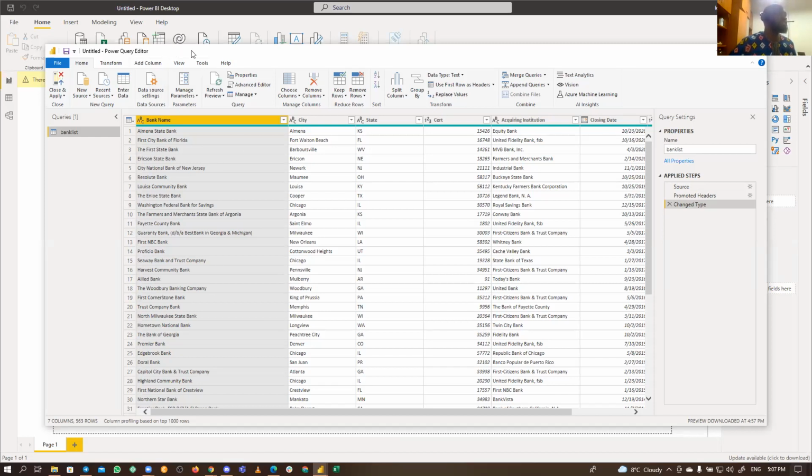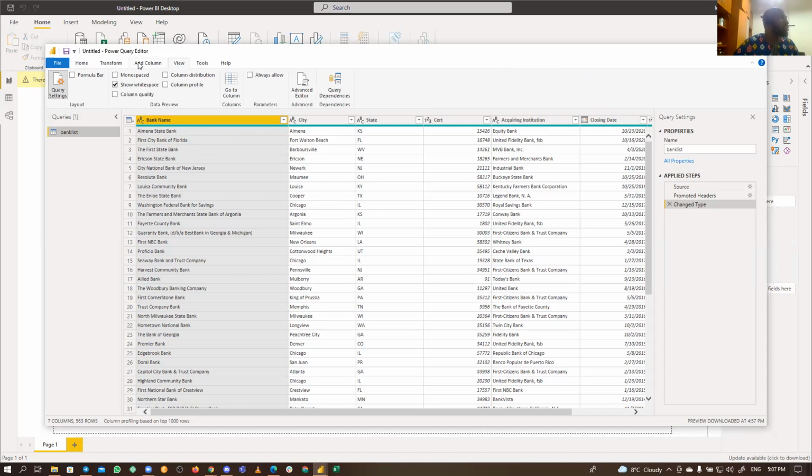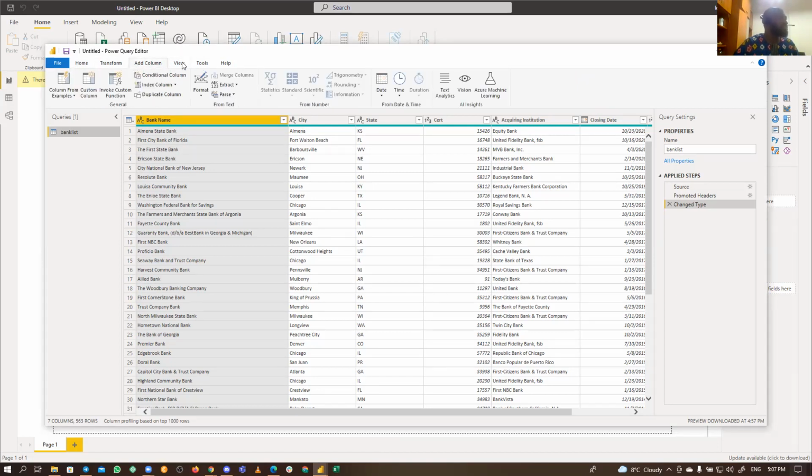You should have this page where you click on transform data. Does everyone have this page? I have this page. All right, thanks for the response. So this is the Power Query editor I was talking about. This is where you are able to edit and work on your tables. We have a lot of tools here as well, and we'll be working on some of them today.